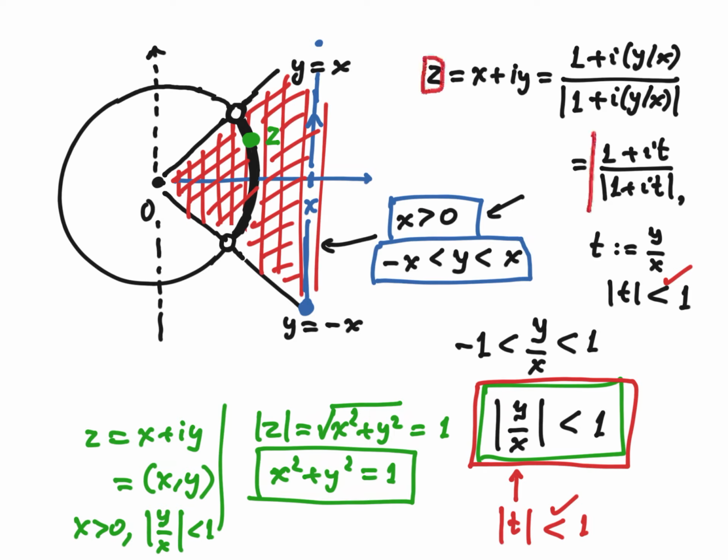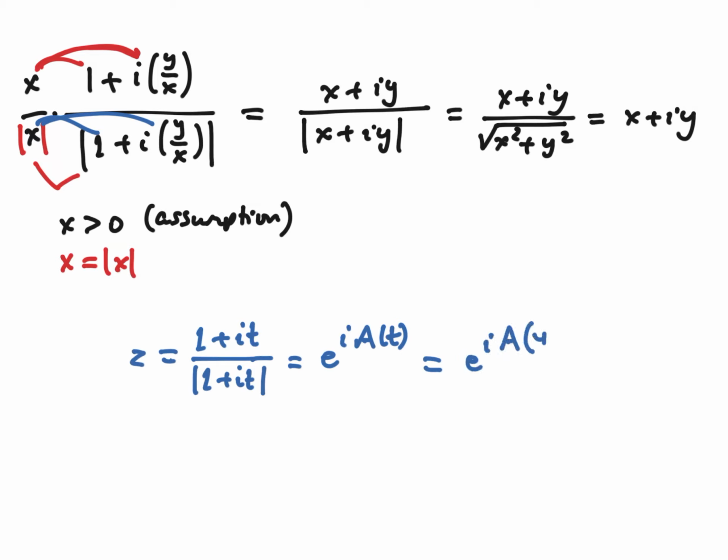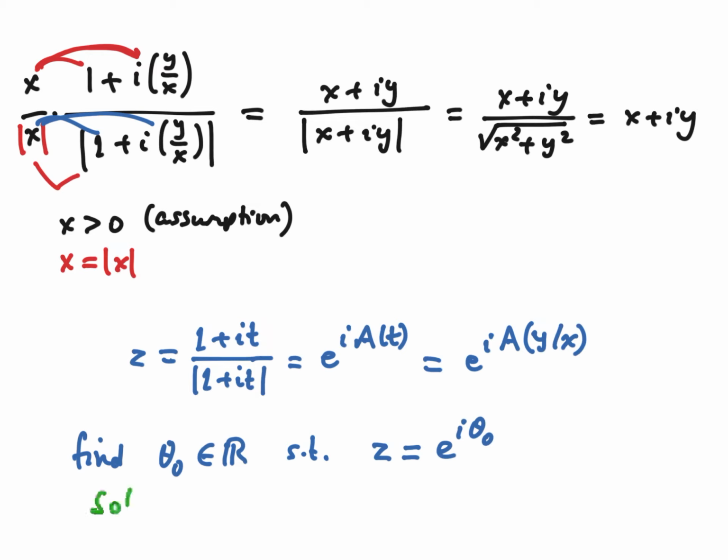All right, so anyway, we have now written z in that form. And let's remember we have this identity, 1 plus it over its own modulus can be written as e to the i A of t. So we have z equal to this, okay, where t is just a shorthand for y over x. So you see, we've now determined a theta naught. Remember, the problem was to find some value theta naught, which is real, such that z can be expressed in the form e to the i theta naught. Well, the solution,